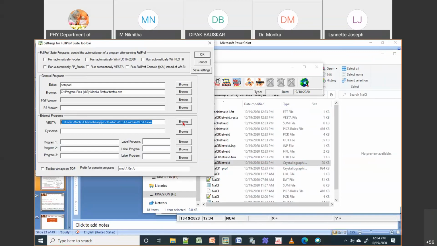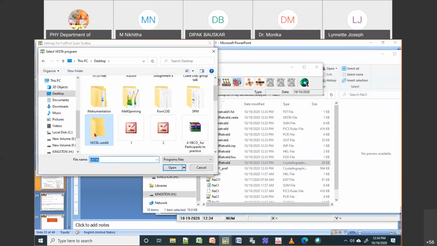I'll click import and go to that NaCl folder, and this is the file I'm going to open. You can see it is giving NaCl. Now you just click OK, and you can see it has generated your NaCl crystal structure.